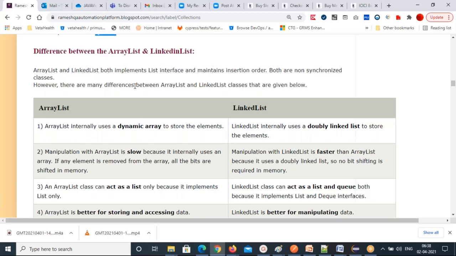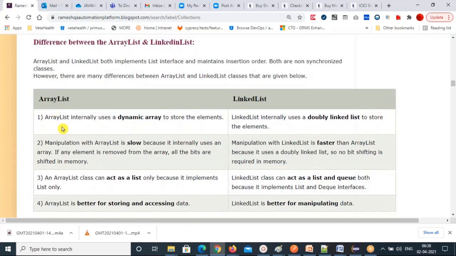However, there are many differences between array list and linked list. So let me separate them. Array list internally uses a dynamic array to store the elements.